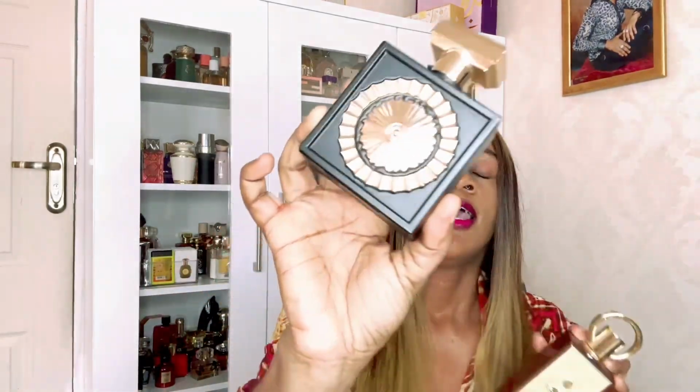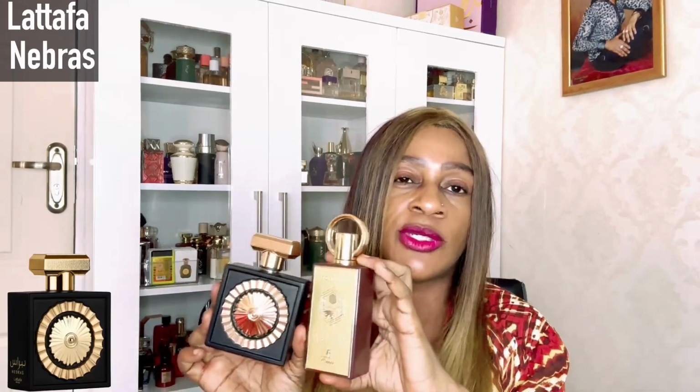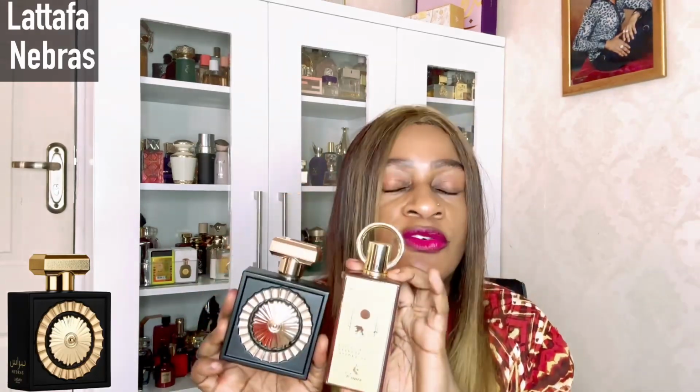fragrances like this. If you find Nebras a slap in the face gourmand that is just too much of a thickened cacao and no twists and turns, patchouli again is going to revive this fragrance and give it somewhat of a more prominent woody direction. I'm not saying it doesn't have woods or spices or anything like that, but this is going to spice it up. I've tried this combo. It works very well for me. So it is another combination